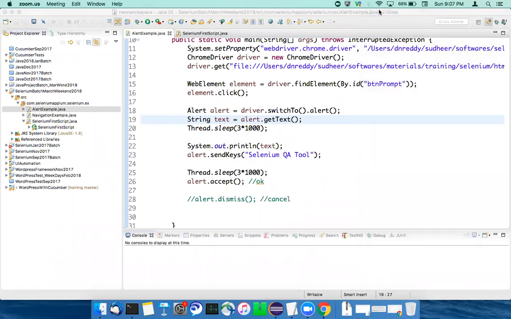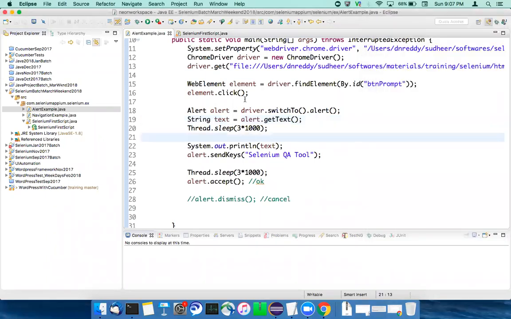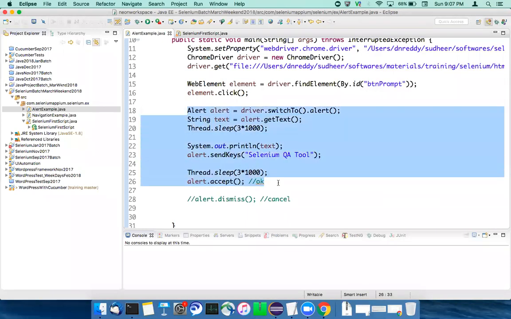Yeah, sorry for the disconnection. Does everybody take in the notes? Yeah, please take the notes